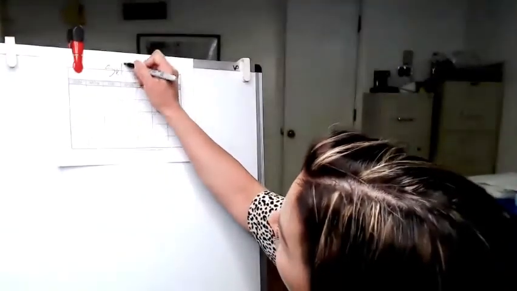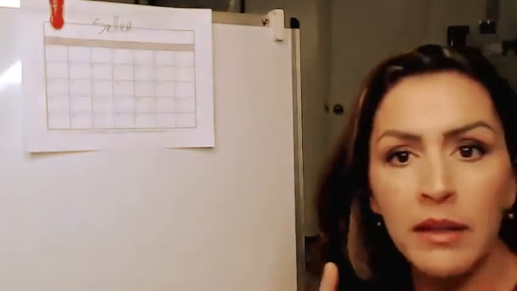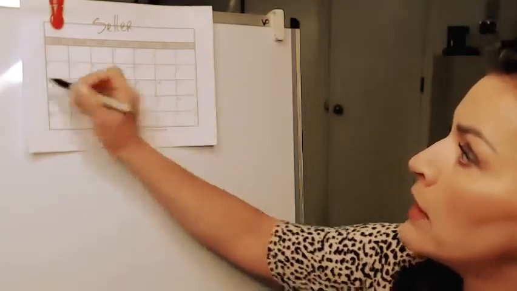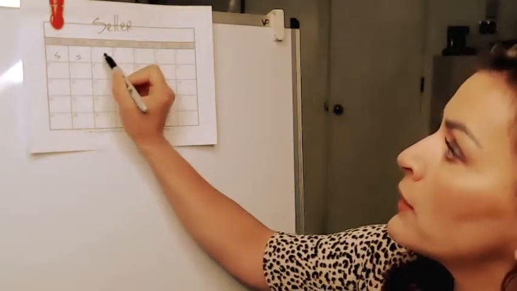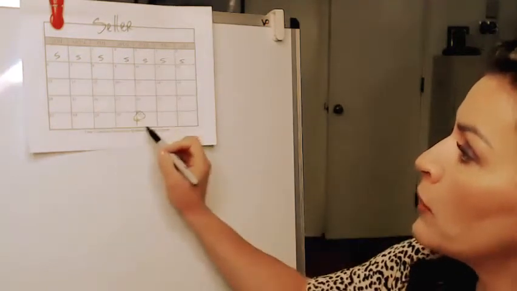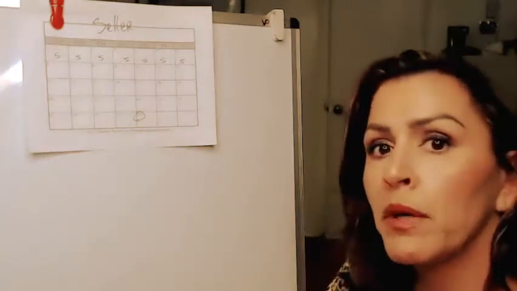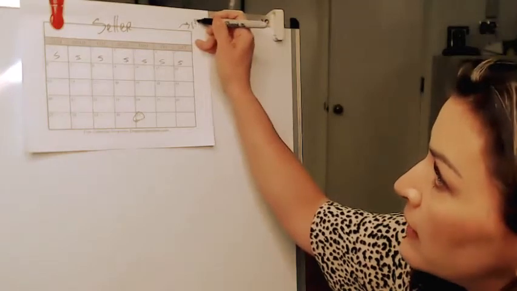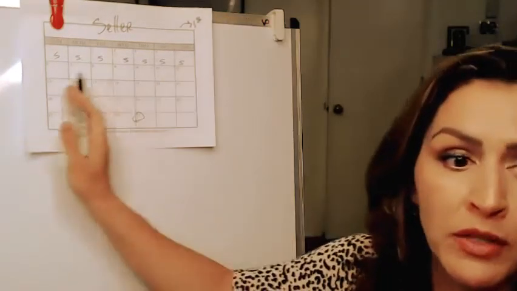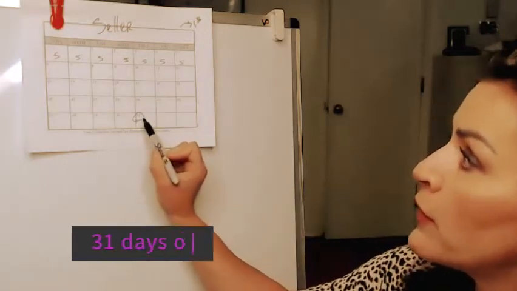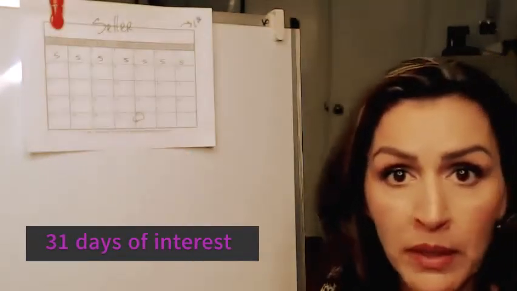So I'm going to put seller here. Now, let's say our original closing date is scheduled for the very end of the month, okay? So the seller will be paying prorated interest to their lender all these days, correct? So all the way through here. The title company will get the payoff. So when they give their mortgage payment the following month on the 1st, that actually counts for interest the month prior. So if they close on the 31st, they'll owe 31 days of prorated interest.